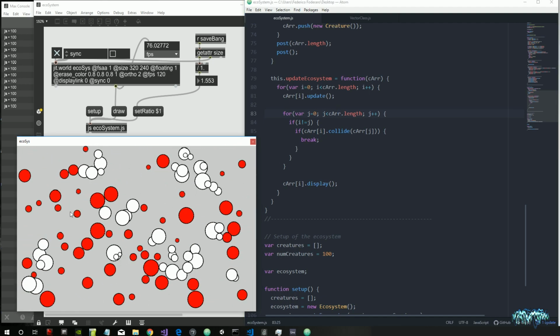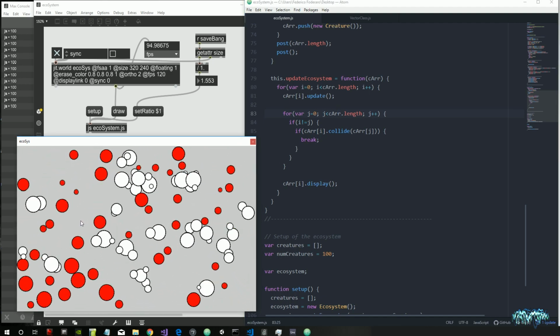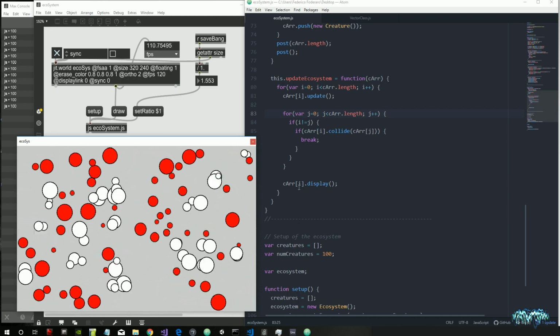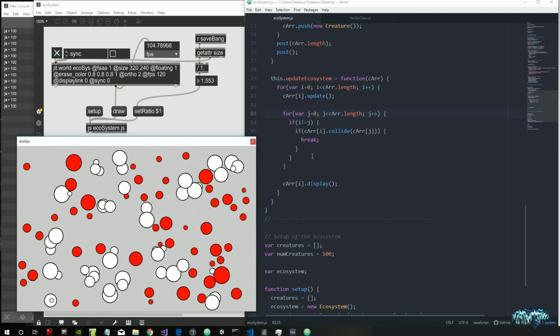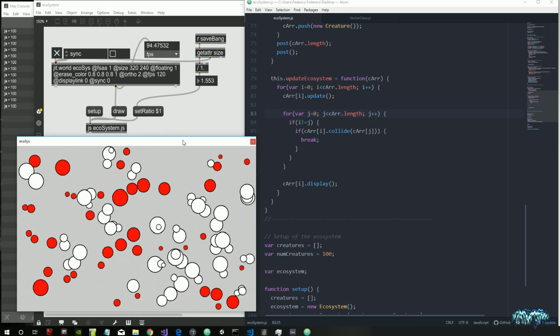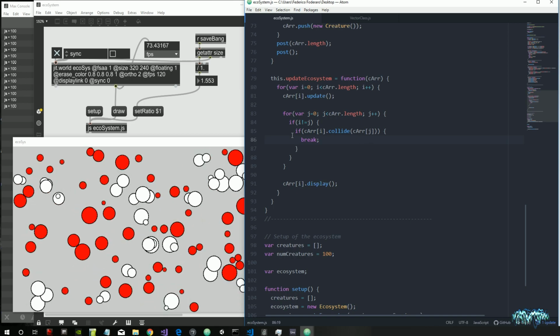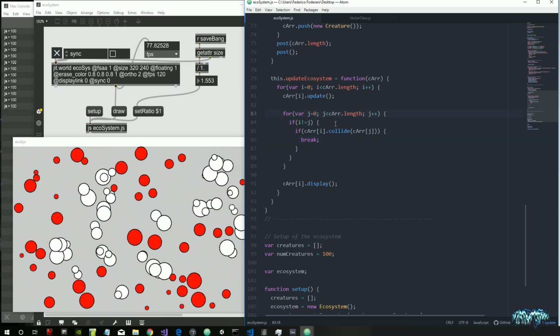Now this algorithm is pretty rudimentary, but as you can see, it's working. When the creatures collide, so when they overlap with each other, they become white. Otherwise, they are red. It's not such a good algorithm and it's not so optimized, so we will develop a better, a bit more complex version in the future. But for the moment,